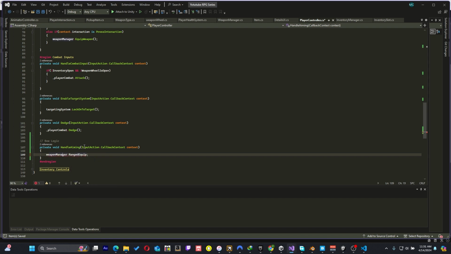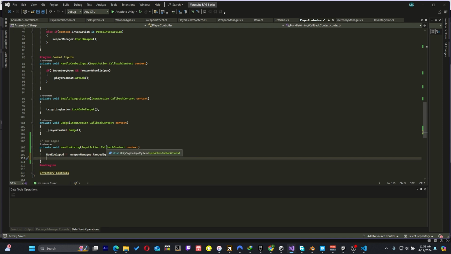So we're gonna come here and then we're going to say our bow equipped. Bow equipped is gonna be equal to range weapon dot equip. So now if bow equipped,